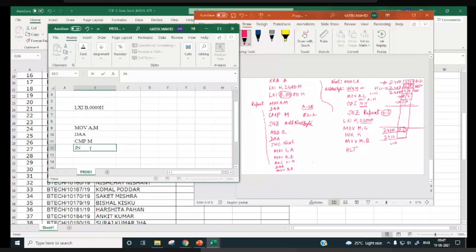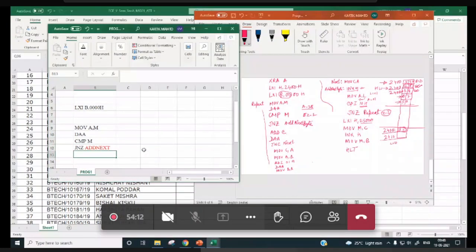ADD next. This is your label. I will change the color over here. I will make it red. JNZ, add next. Right. If byte is not BCD, so how many locations we have to reserve? Then third one is add C.